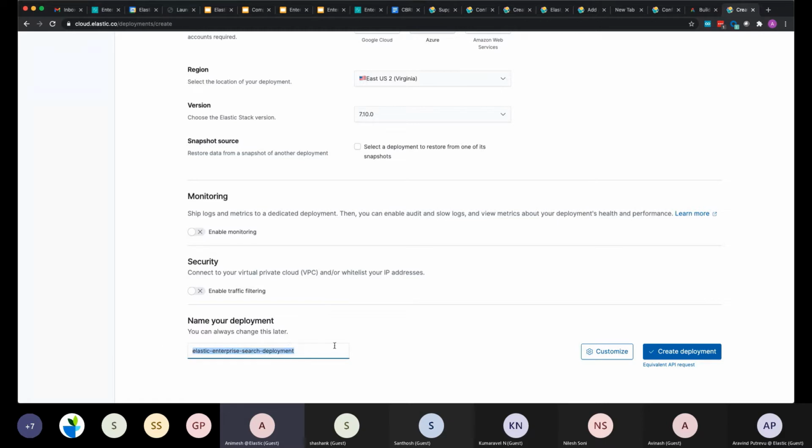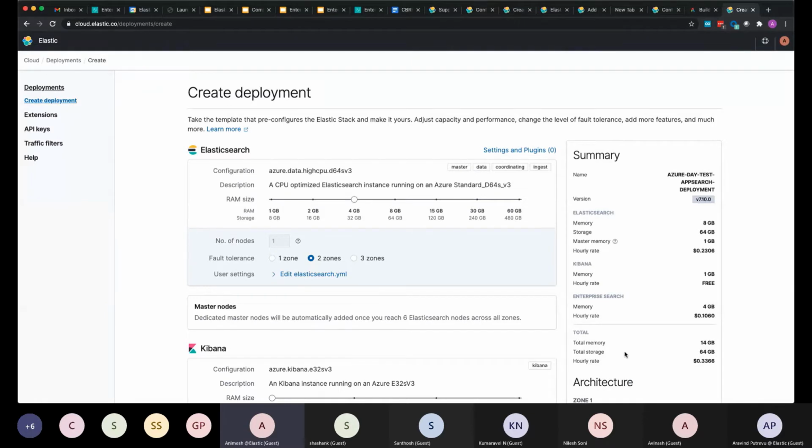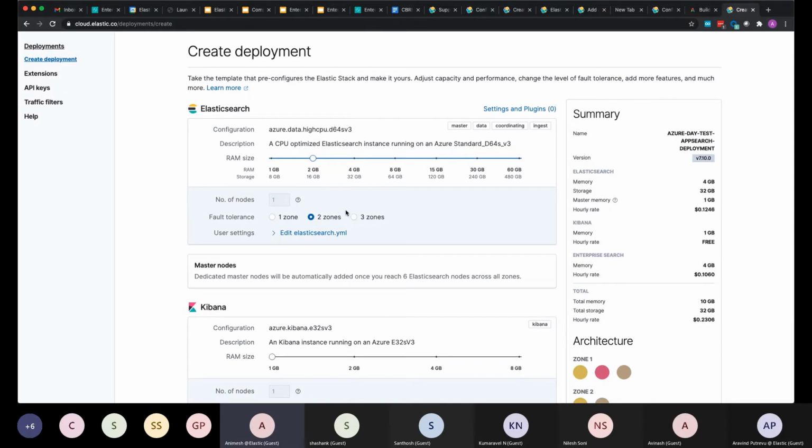You can name your deployment, maybe say Azure Day Test, or test ES Enterprise Search, or App Search Deployment, something like that. And go ahead and click on Customize. So if I click on Customize, this is what I get. I think your options will be grayed out. You will be limited to 2 into 4 GB. So what I would do here, and what I would recommend that you also do, is select 2 into 2